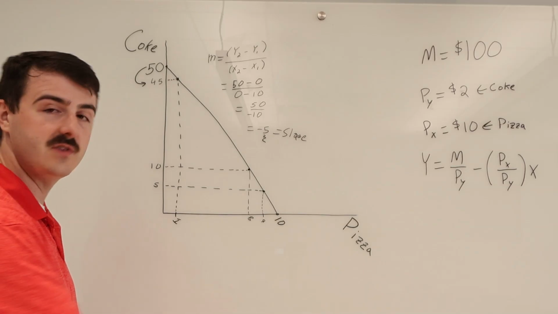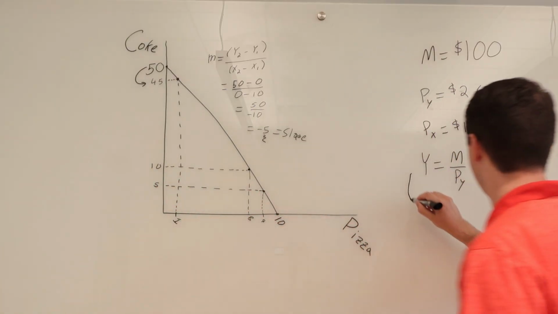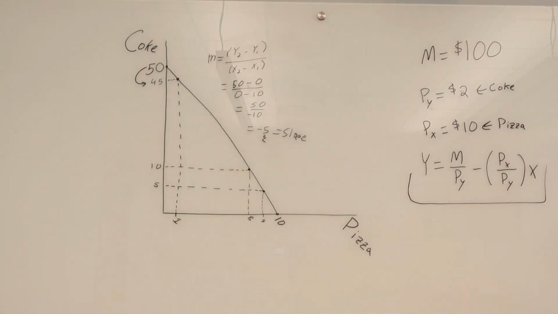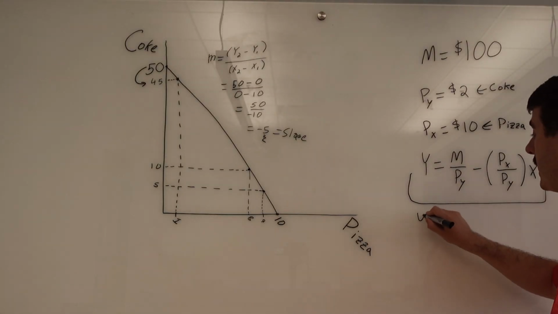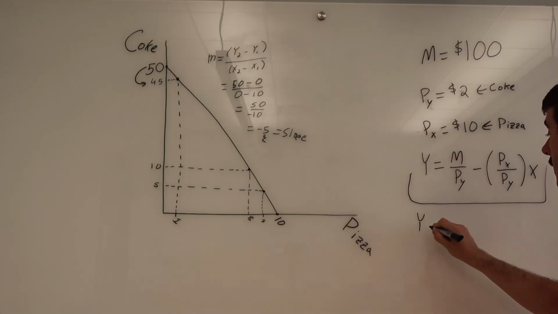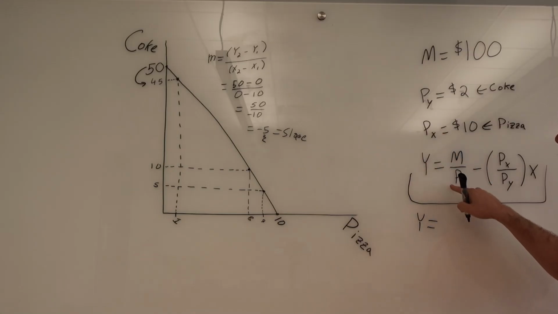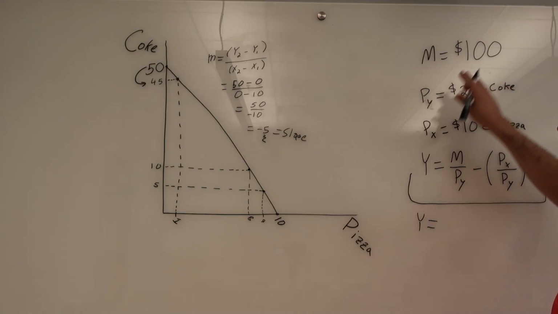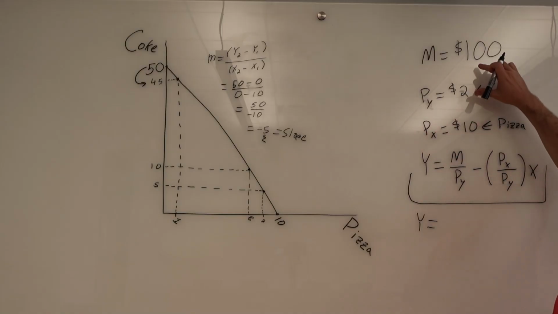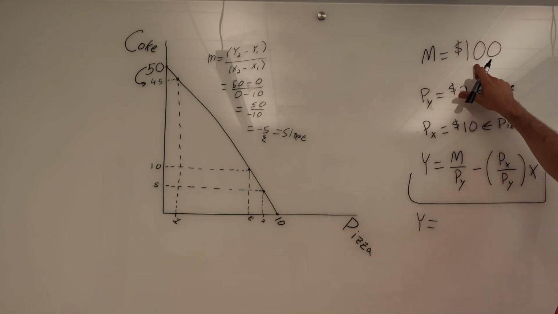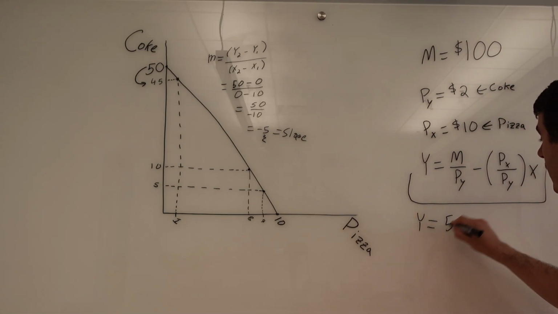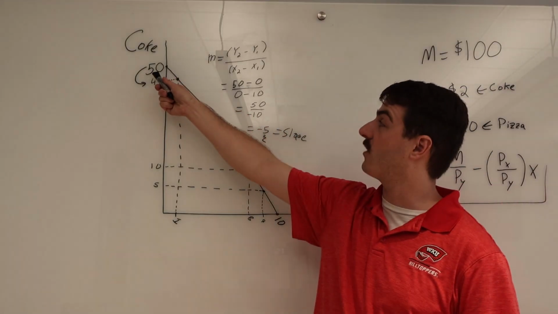Yeah? Okay, so what is this cool formula over here that we started with? Well, this is literally just this budget constraint expressed in y-intercept form, such that we get quantity of good Y, in this case Coke, is equal to M over PY, income over the price of Y. Okay, what's our income? $100. What's our price of Y? $2. 100 divided by 2, this is 50. What does that represent? That's our y-intercept